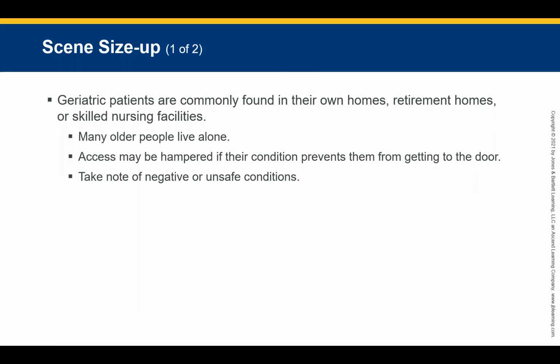If they are in a nursing home or a residential care facility, you need to locate the patient's room and find a staff member who can explain why you were called. And a lot of times it's because they don't want to deal with them, and it's right as they're coming on to new shift change. In any case in which a patient's mental status is altered, you need to find someone who can tell you the patient's history and whether the patient's behavior or level of consciousness is normal or altered.